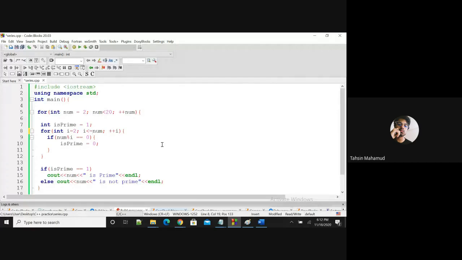ওই নিজের নাম্বারটা দিয়েই তো ডিভিজিবল হয়ে যাবে, তাই না? সেই জন্য আমরা কি করব, জাস্ট আগের নাম্বার আমরা স্টপ করে দেব। যেমন একটা example দেখি, we are starting here 2, so 2 তো ফর লুপের ভিতরেই যাবে না, এই সেকেন্ড ফর লুপের। তখন আমি কি করব, is prime equal to 1 ই ছিল, সো আমি এই সেকেন্ড ফর লুপ থেকে বের হব, বের হয়ে চেক